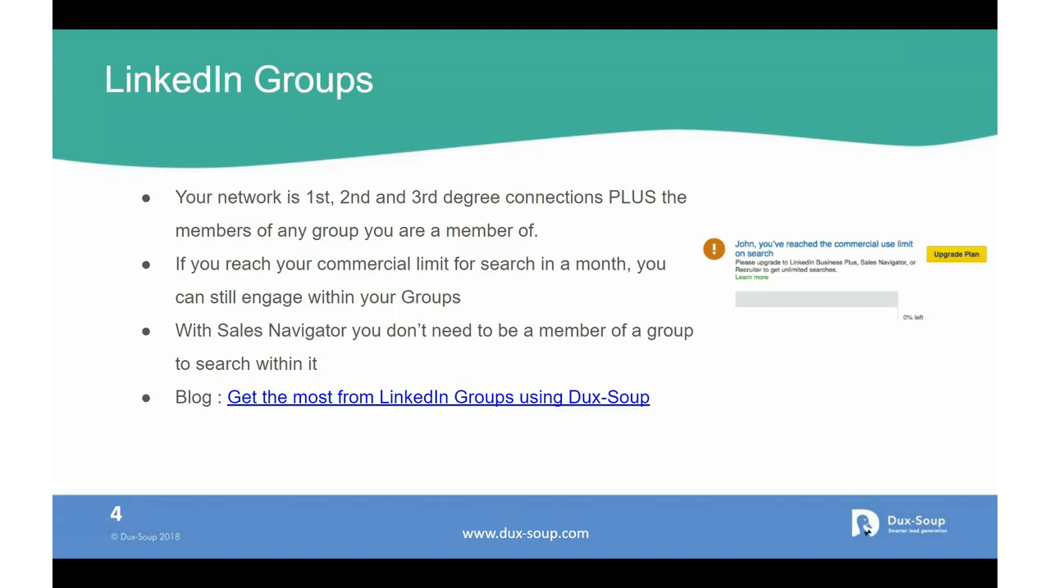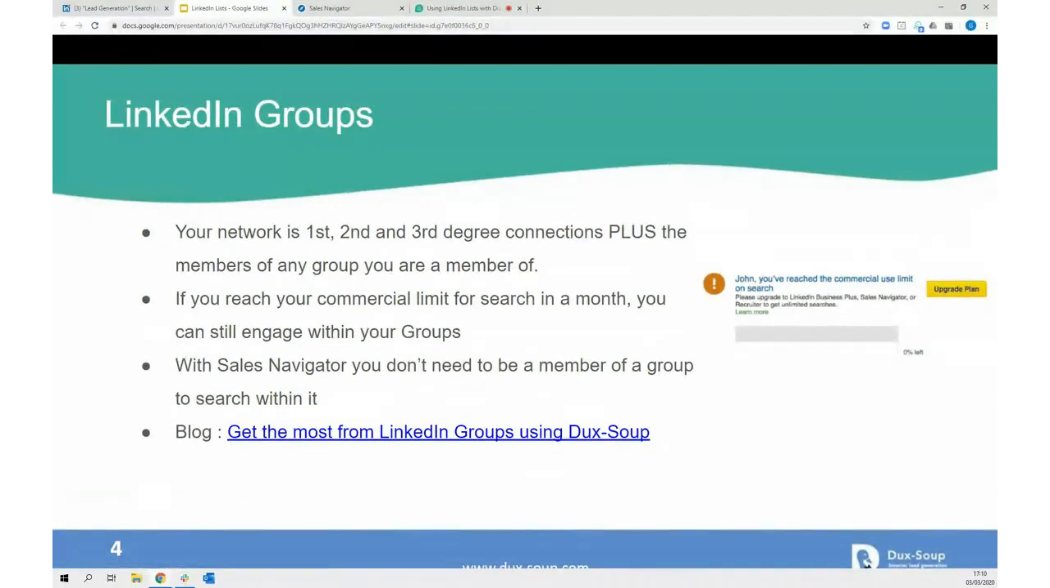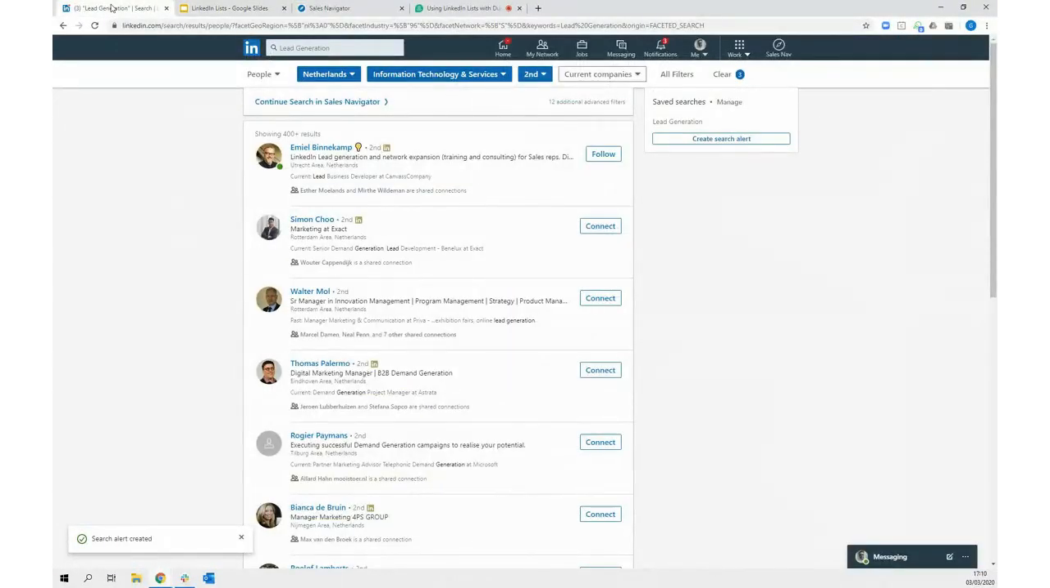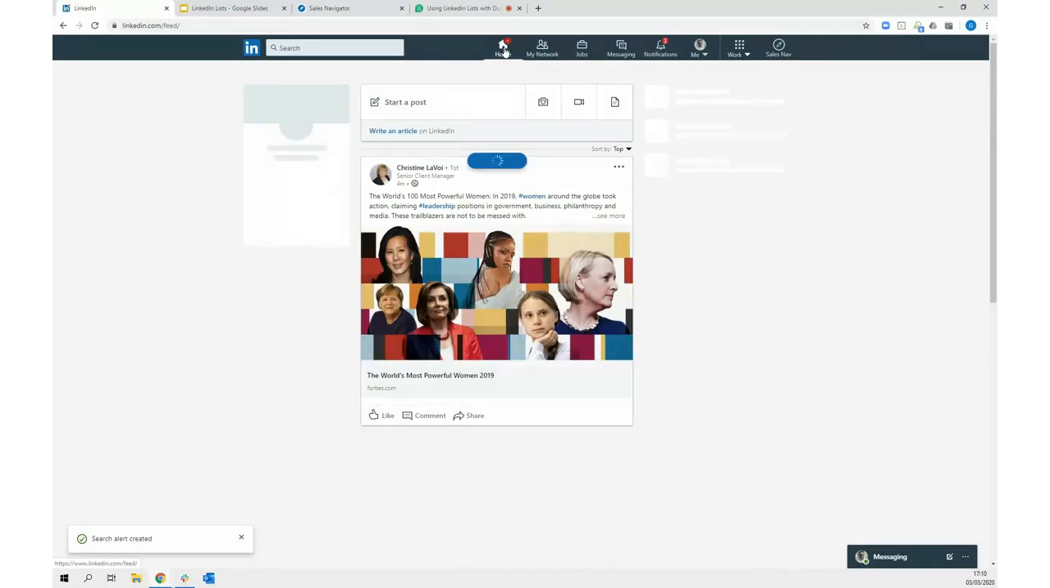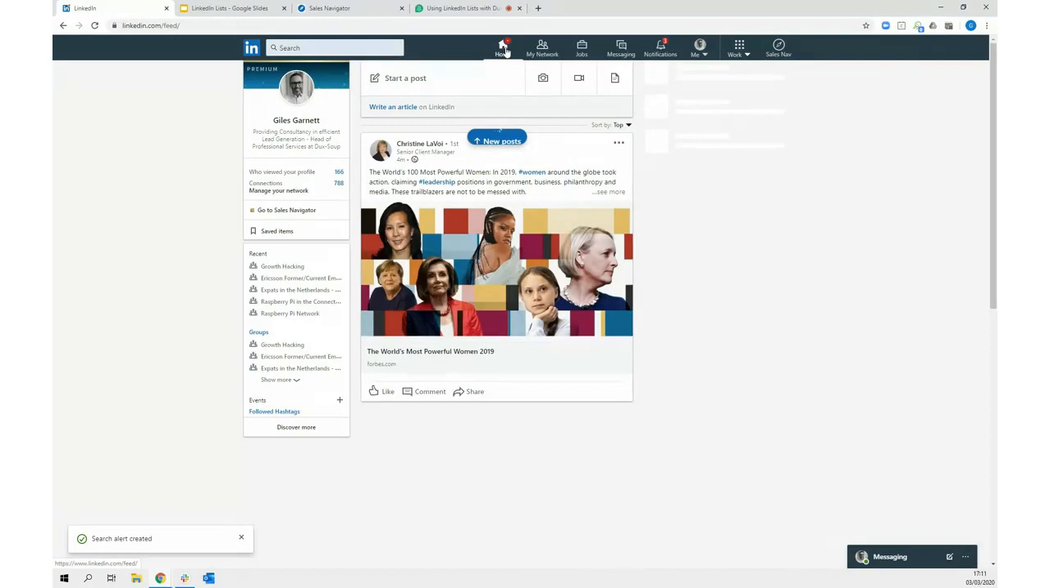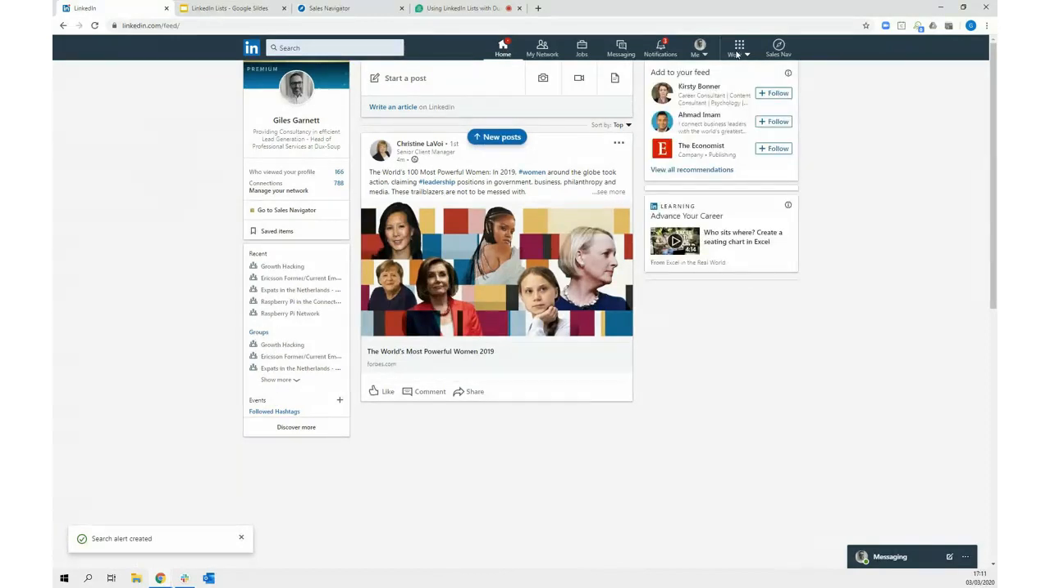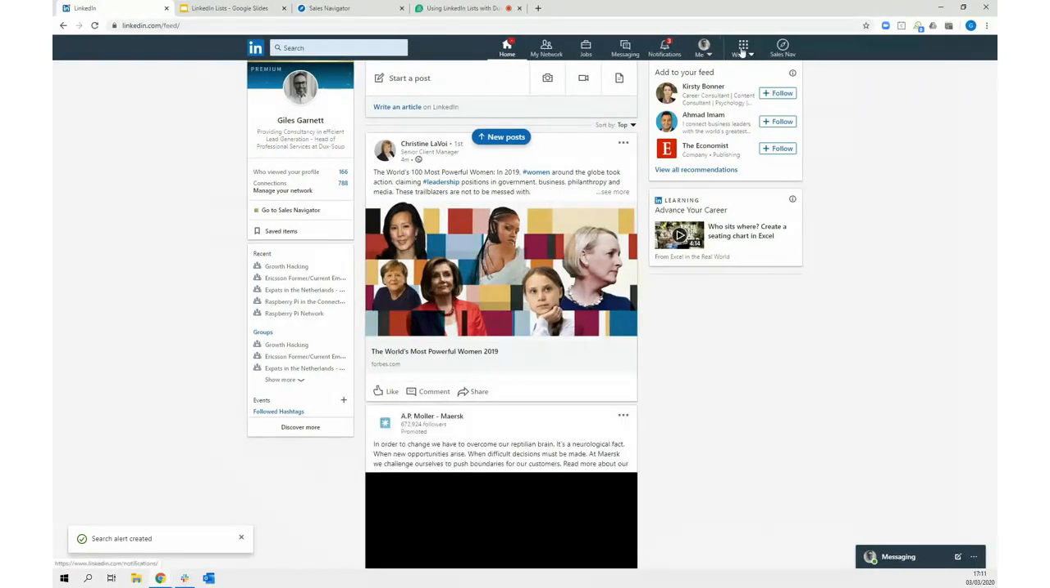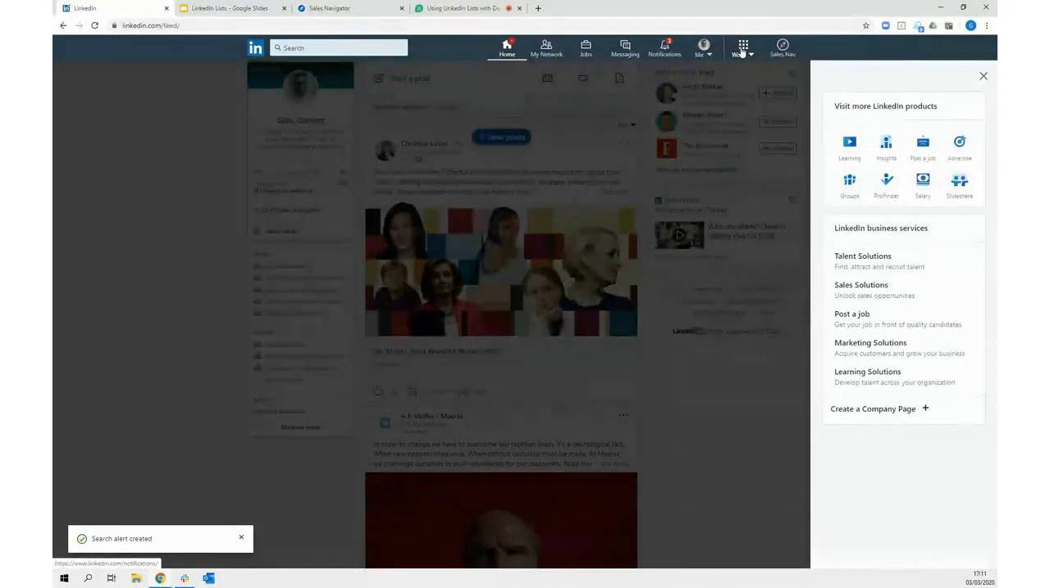What I'll do is I'll just show you where we can find the groups. Within standard LinkedIn, there are a number of different ways that you can look at your groups. You have a shortcut on the left-hand side here, but what's probably easiest and most common for people, because it's the same in both standard LinkedIn and within Sales Navigator,